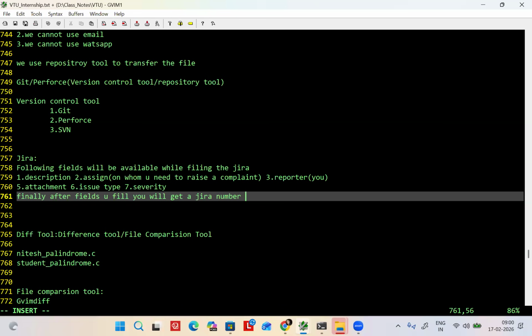So how many files will you copy to ChatGPT? ChatGPT won't allow more than 10 files in one go. Correct. When you upload 10,000 or 50,000 files, how will you get to know where the error is? If you get any bug in the company, how will you resolve it?